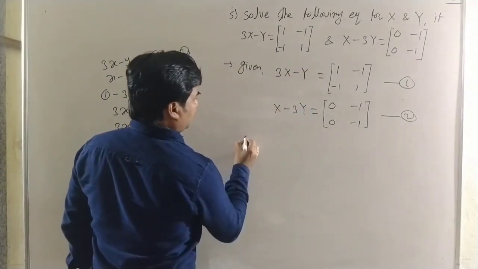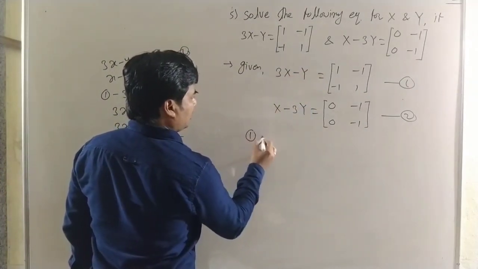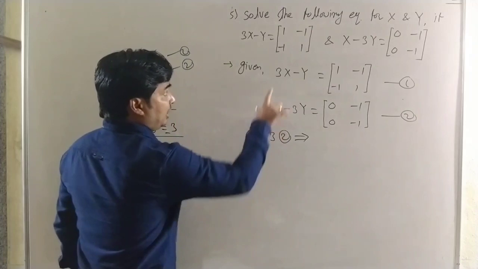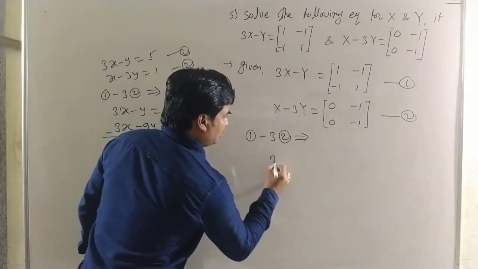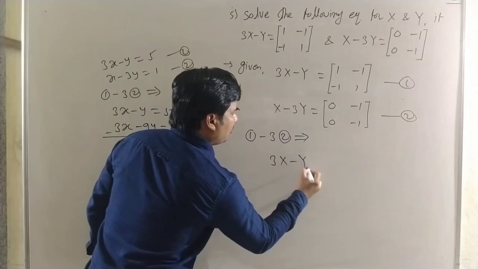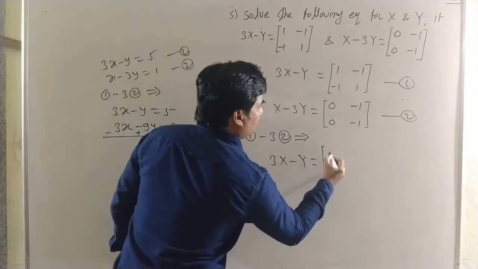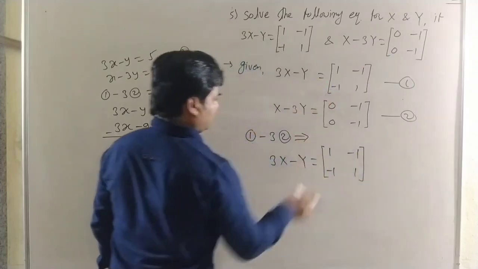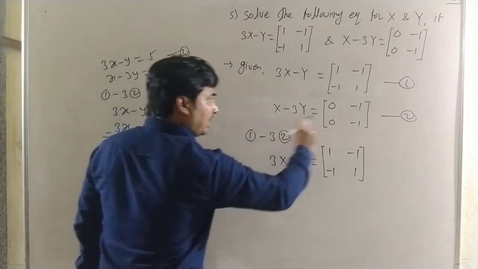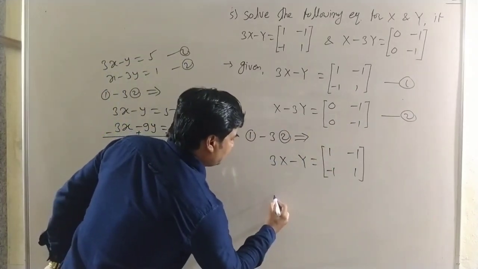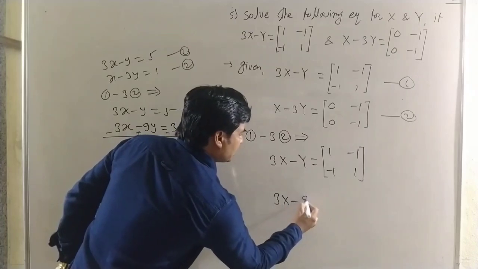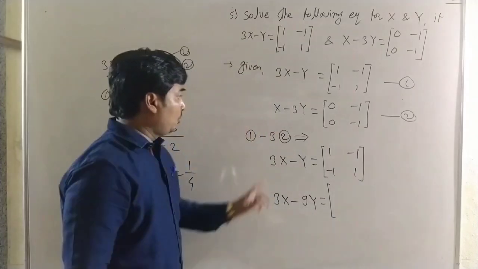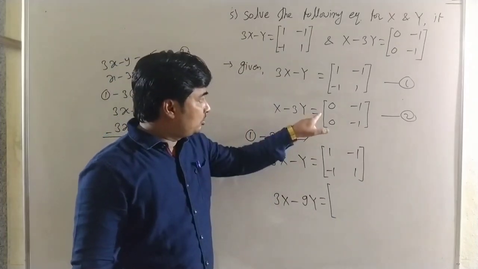See carefully, here equation number 1 minus 3 into equation number 2. Equation 1 as it is: 3x minus y is equal to the matrix with entries 1, minus 1, minus 1, 1. Then we multiply equation 2 by 3, and we get 3x minus 9y is equal to, see carefully, we multiply